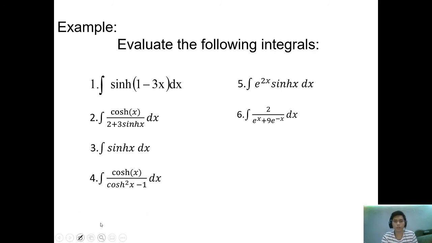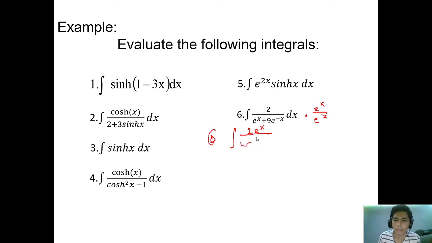All right, and the last one, number 6. For number 6, we cannot let the denominator be our u. So guys, if you see problems like this, where there is no exponential on top but there is one below, we can multiply by e^x over e^x, which is just equivalent to 1, so we will not violate the rules in algebra. Therefore, we can simplify that as 2e^x all over